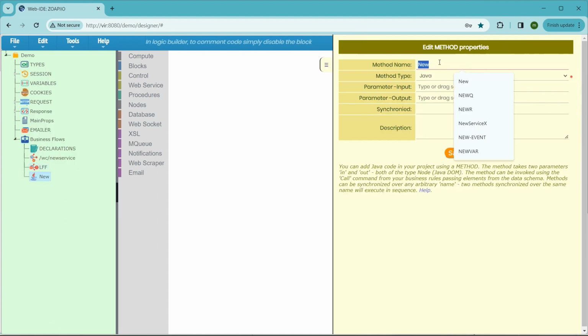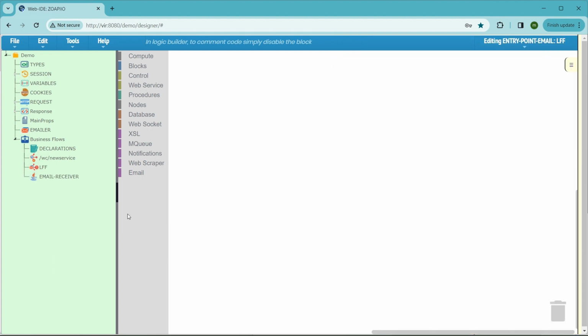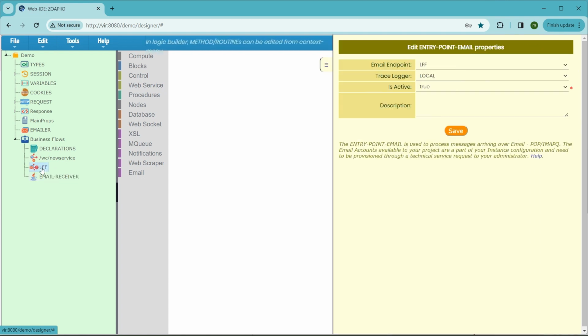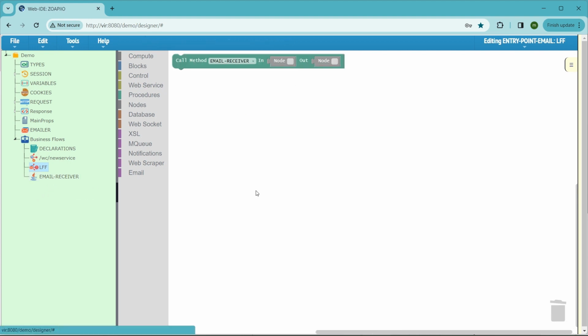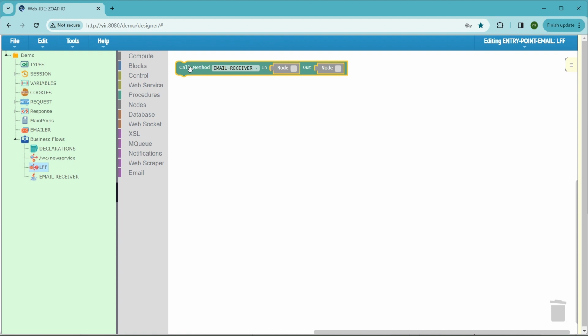So let's say I will just call it email receiver. So actual receiving of the email has to be done inside a Java method. So here what I can do is, as soon as this function is launched, I can invoke a method, email receiver. So this is the first thing I can do. When this method gets called,